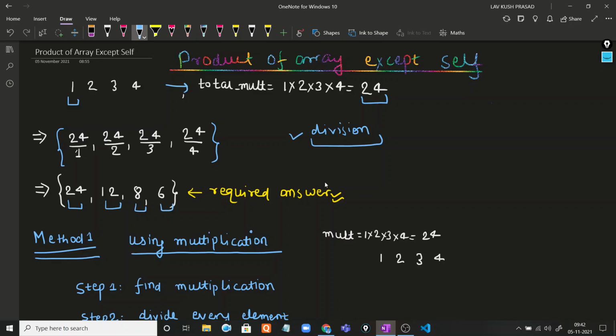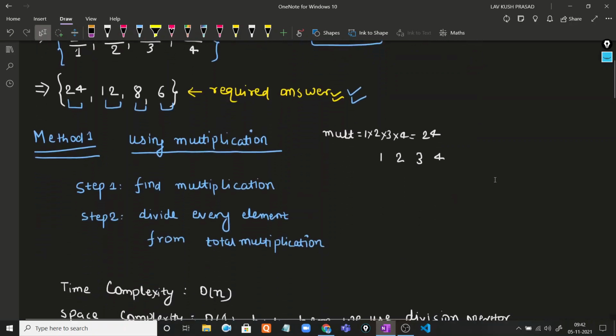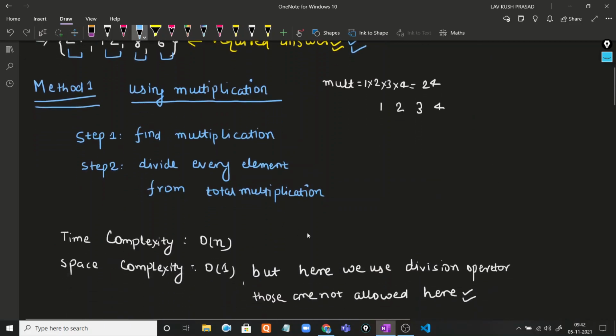So this is our required answer. We can use this method, but the problem is we can't use the division operation in this problem, so that's why we can't use this method.